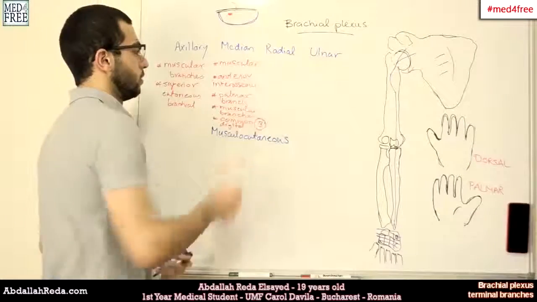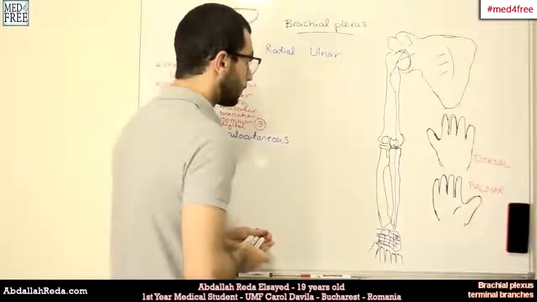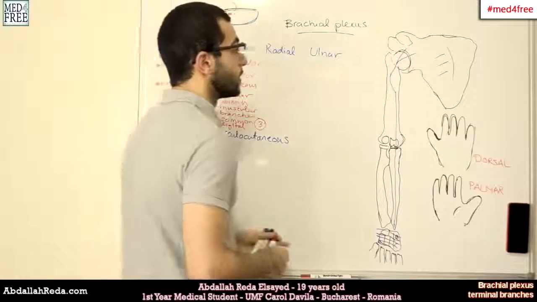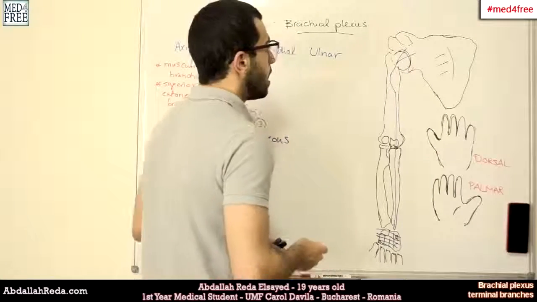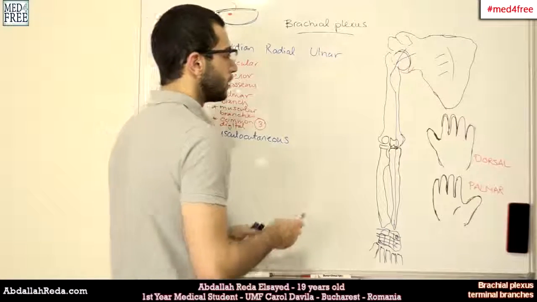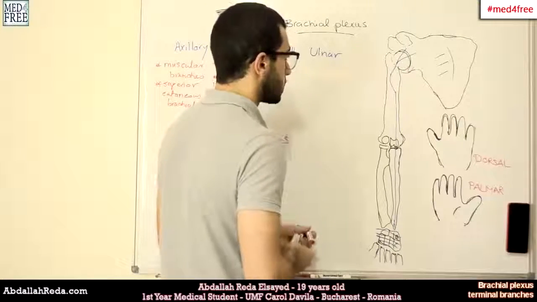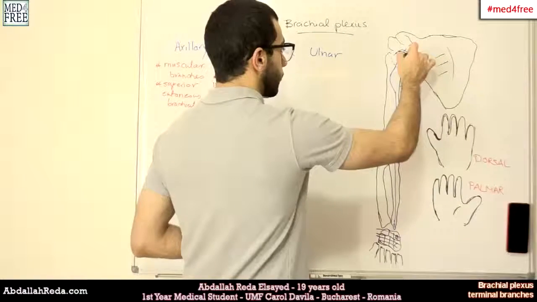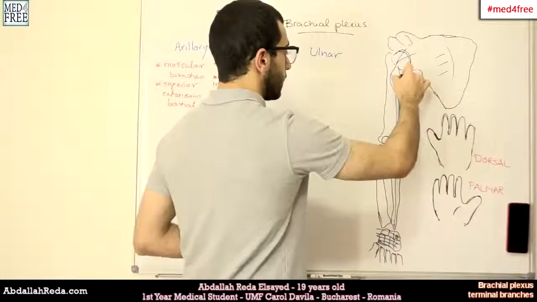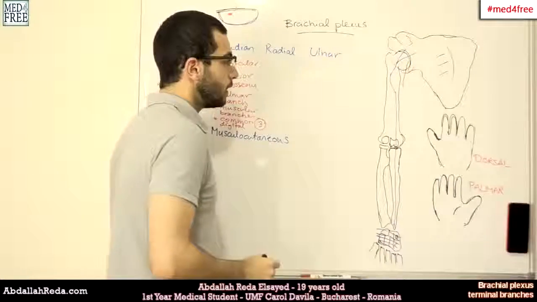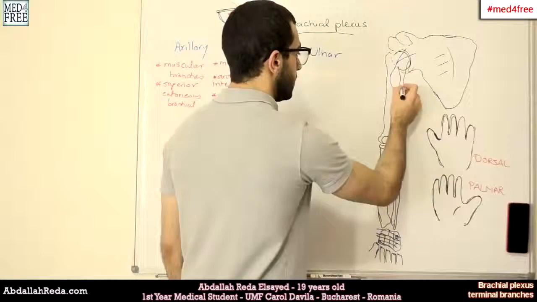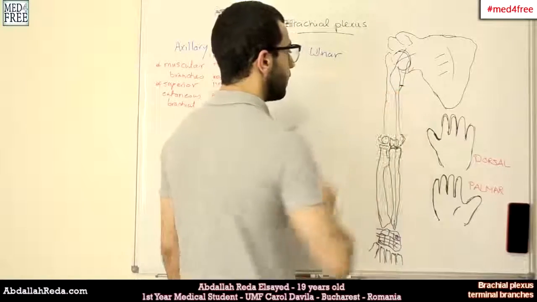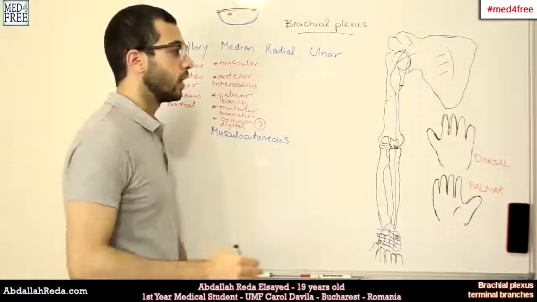And then we have the radial nerve, and the radial nerve will originate from the posterior cord, as we know, and it will have a course that looks something like this. First, it perforates the medial intermuscular septum on the medial side, and it goes through something which is called the radial groove on the posterior side of the humerus,